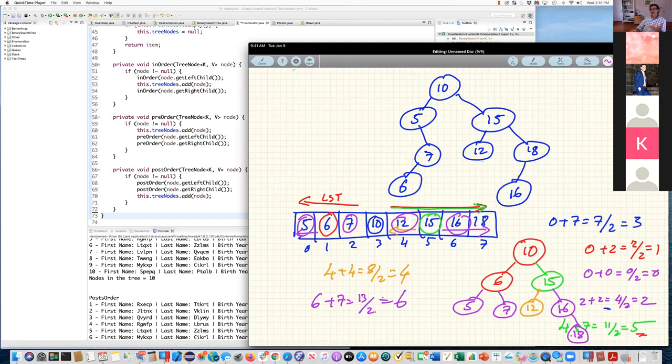So for your homework assignment... Professor, yes, sorry for interrupting you. No problem. Is there no way to make the tree balance as we add the elements, like straight from the insert method, or is it the same thing? Like, as you're adding the element, you need to make it an array, balance it, and then add the item. So it turns out that for binary search trees, there is nothing that you can do like that.